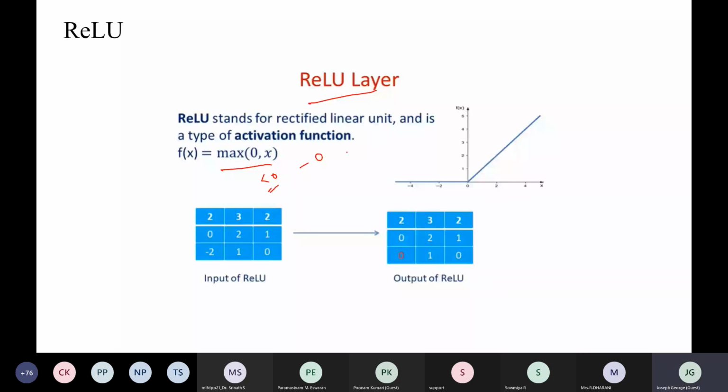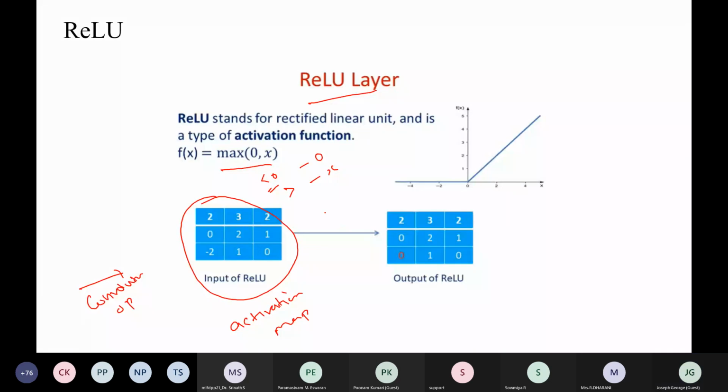For example, suppose this is the activation map which is formed by using the convolution operation, then applying ReLU on top of it will give you the output like this.